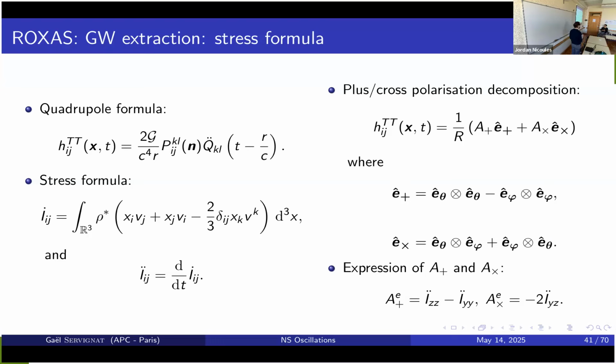I also mentioned this very quickly, but CFC kills all radiative degrees of freedom. So if you want gravitational waves, you have to resort to other tools. We use the stress formula, which was popularized by Einstein. This is a second time derivative, which we don't really like numerically. So we use this stress formula, which allows us to replace the first time derivative with some spatial derivative, which is really easy and precise with spectral methods. I have to compute the second derivative by hand. Then there is the plus-cross decomposition, and in the end, you can extract from this the gravitational waves.